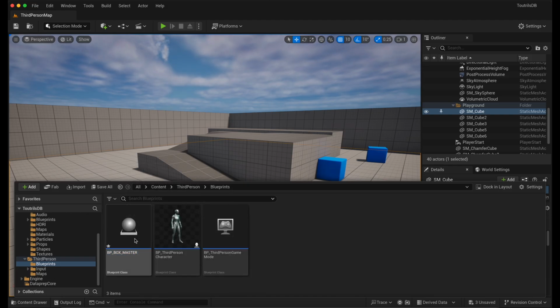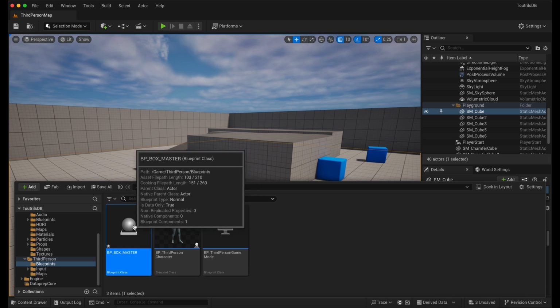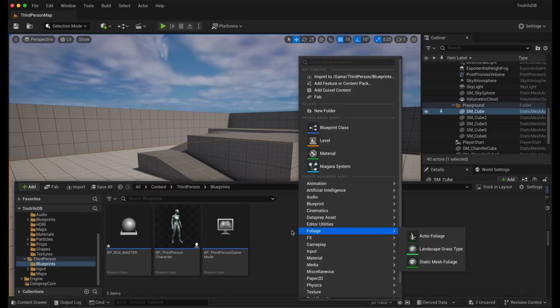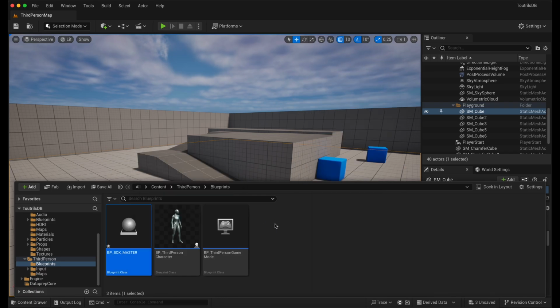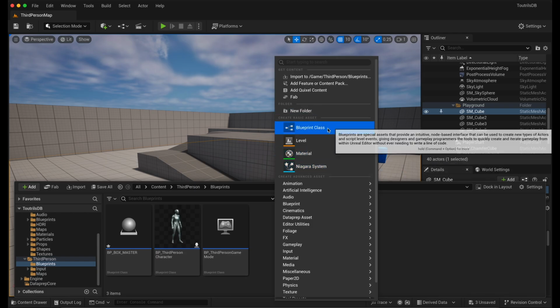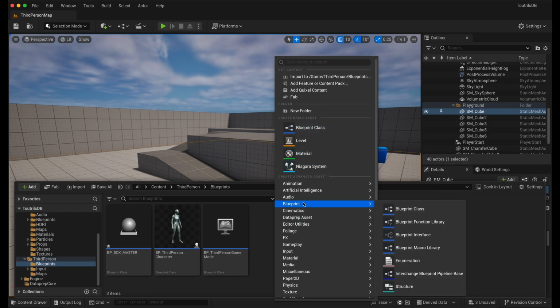The reason why I create a master blueprint is because we need to create some child blueprint for the box, and you will know it soon because when I create a struct,